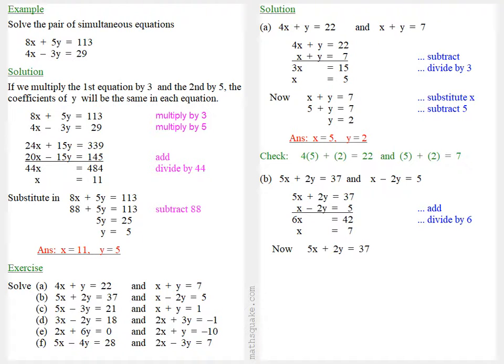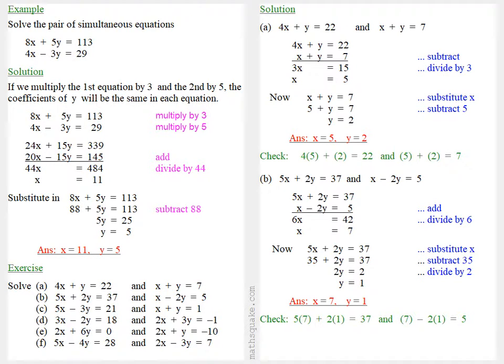Now, if we substitute x is 7 into the equation 5x plus 2y equals 37, then 35 plus 2y equals 37. Subtract 35 from each side, and we have 2y equals 2. Divide by 2, so y equals 1. And our solution is x equals 7, y equals 1. We can check that 5x plus 2y is 5 times 7 plus 2 times 1, which is 35 plus 2, which is 37, which is correct for the first equation. And x minus 2y is 7 minus 2 times 1, which is 7 minus 2, or 5, which is correct